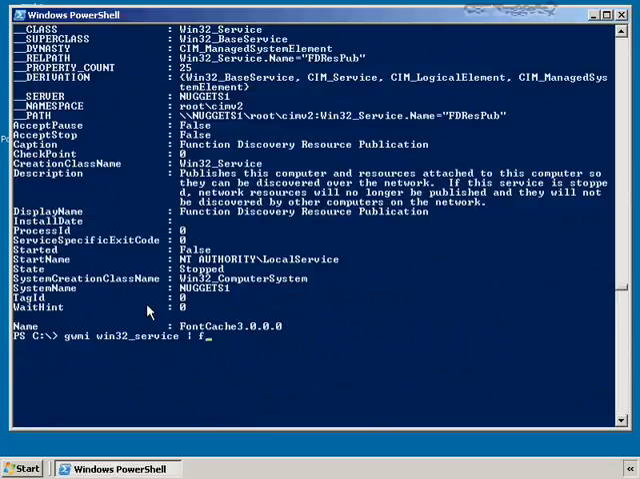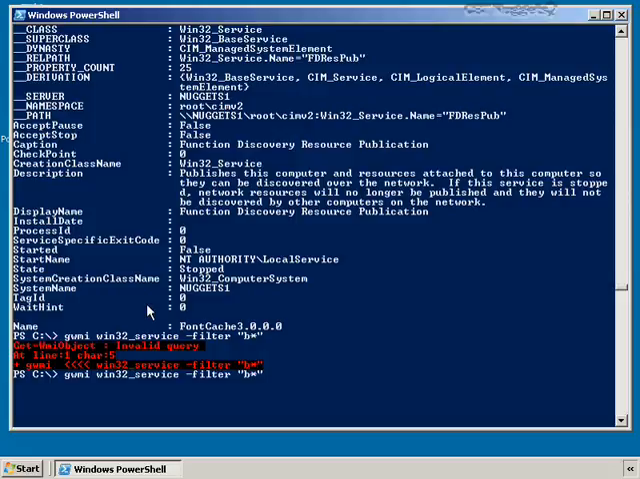Let's try and filter it. Get all the Win32 services, but only show me, and here's where the single quote, double quote thing will come in handy. Put your WMI filters in double quotes, because WMI has kind of a different criteria than PowerShell for filtering. I can't just say, show me everything that starts with B. Invalid entry. I have to say where the name